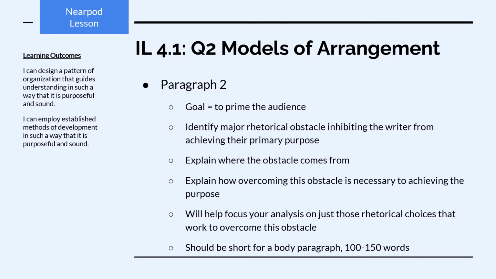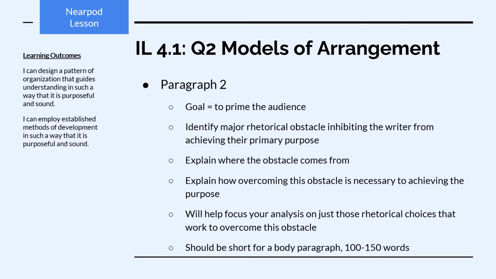Paragraph 2, here we're going to prime the audience, and what that's going to look like in our rhetorical analysis is we're going to spend this paragraph focusing on one major rhetorical obstacle that's inhibiting the writer from achieving that primary purpose. Okay, so we're going to use this paragraph to identify what that obstacle is, explain in detail where that obstacle comes from within the rhetorical situation, and finally explain how overcoming this obstacle is necessary to achieving the